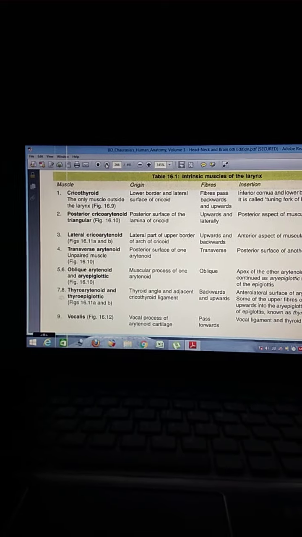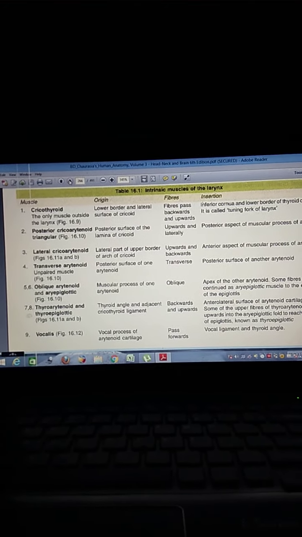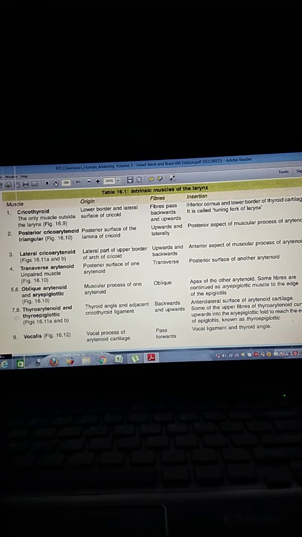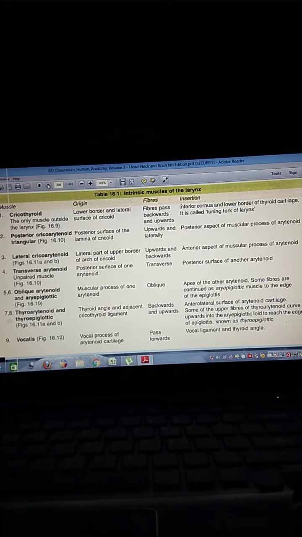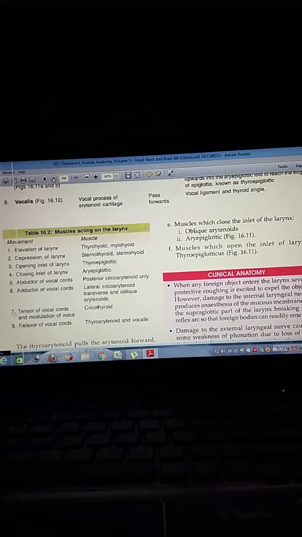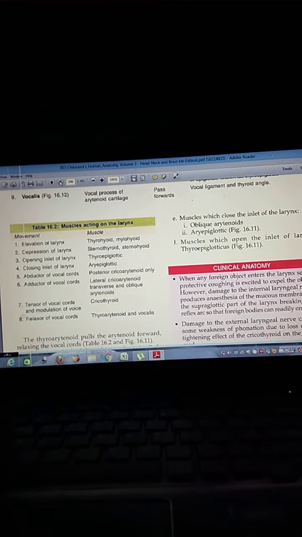Now the vocalis. Origin: vocal process of the arytenoid cartilage, and its fibers pass forwards. Insertion: vocal ligament and thyroid angle. Now table number 16.2, muscle action on the